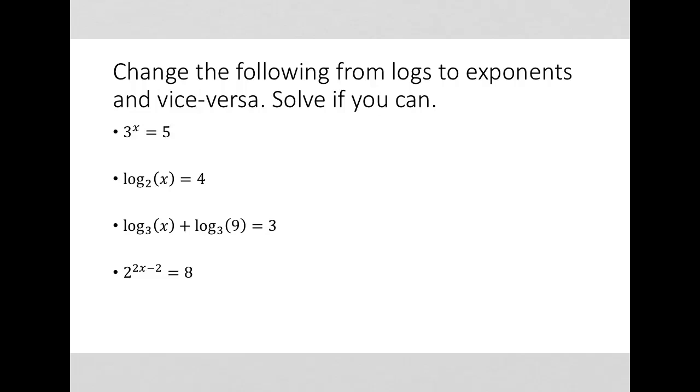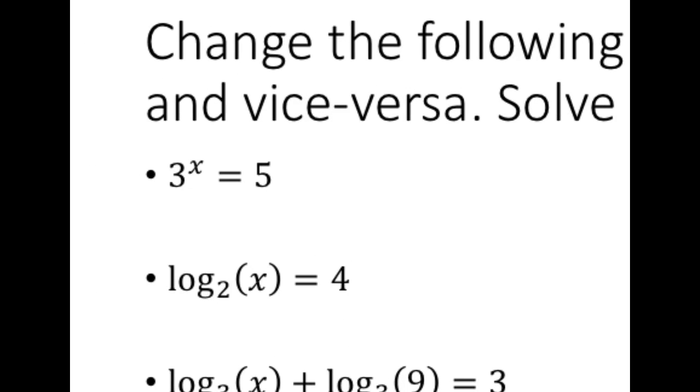So let's look at these four problems here and see how we can rewrite them using some of our rules that we've been talking about. So first one, 3 to the power of x equals 5. Let's rewrite that as a log. So remember that the log is going to have the same base as the exponent. The base of the exponent is 3. So we're going to have a log base 3